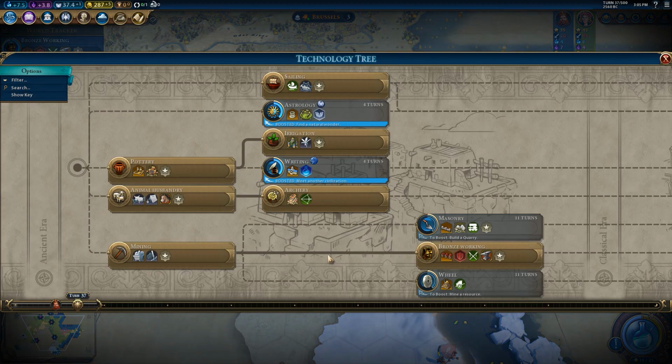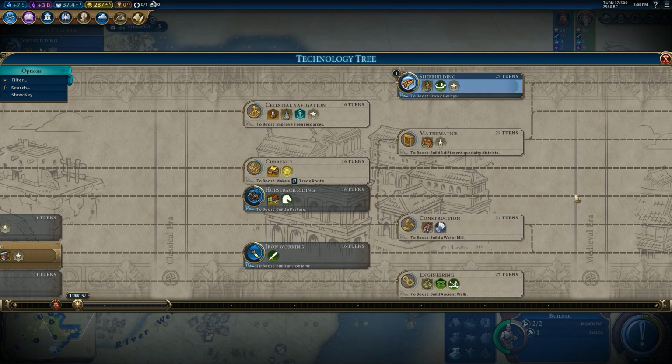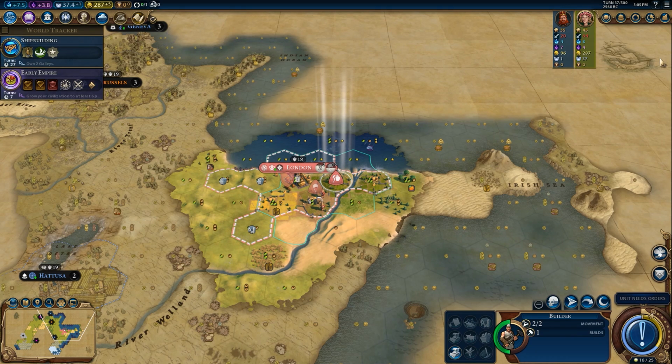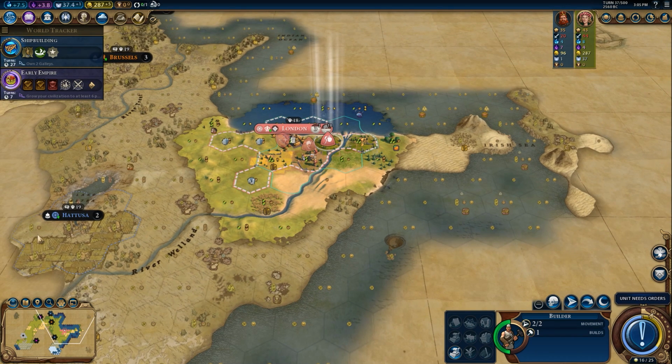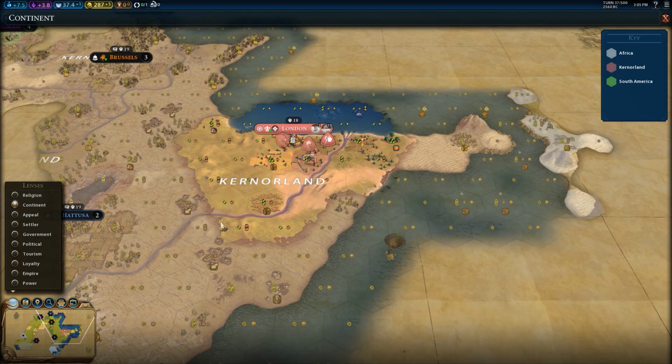Choose research. Right, we want to get sailing. So we are going to... What does this let us do? Some proper shipbuilding. We want to get out on the open waves as soon as possible to see what's over here. Because, again, if we look at the continent lens, it is a little bit weird that...